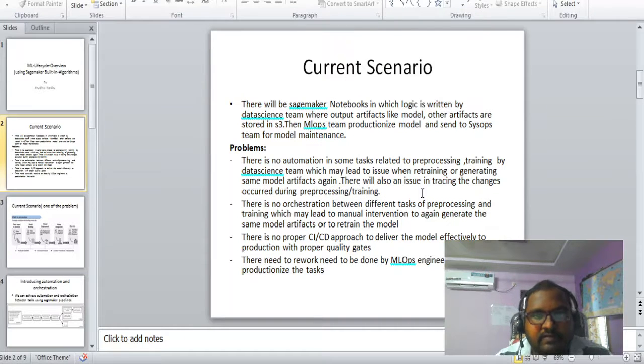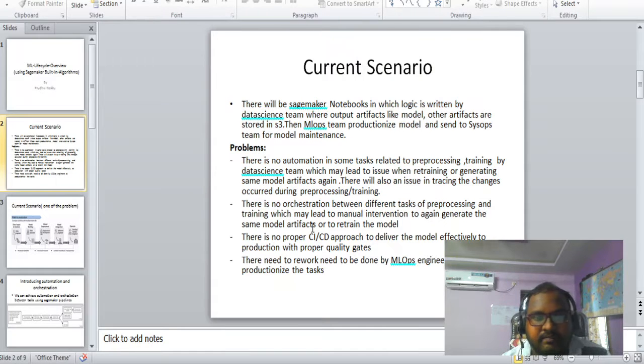So the problems with this scenario: it is a SageMaker notebook that the data science team is using, so there is no automation in some tasks related to pre-processing and training, and there is no orchestration between the pre-processing and training tasks.